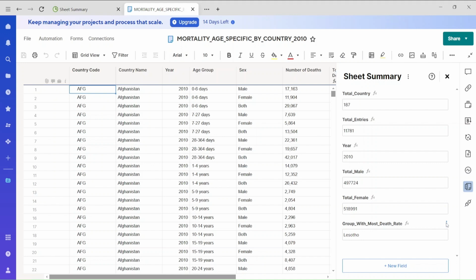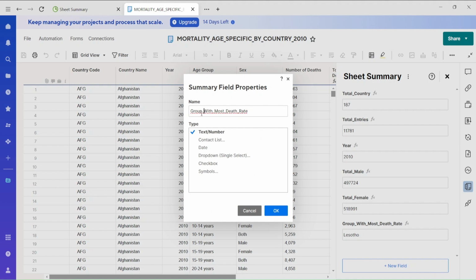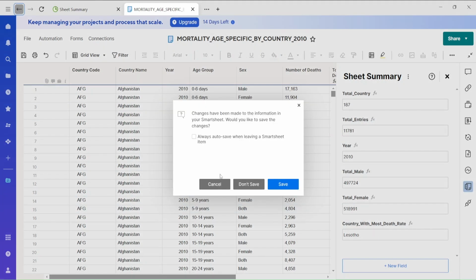So I'll just go back and open up the data of 2010, and here I will just change the name. Rather than group, it's going to be country, right? Country with most death rate. So hit OK, come back to the report again, save it,